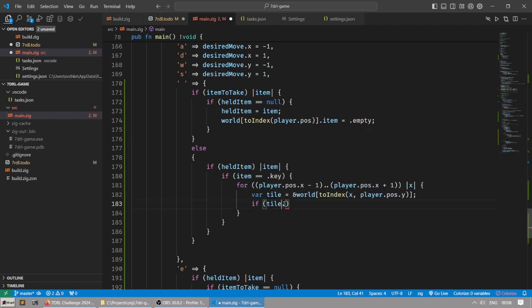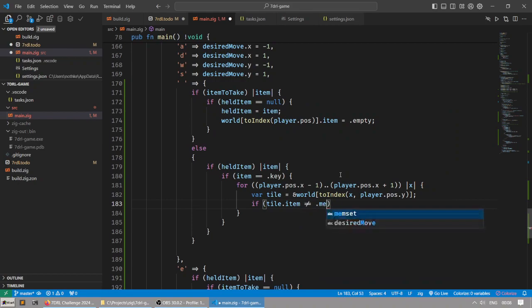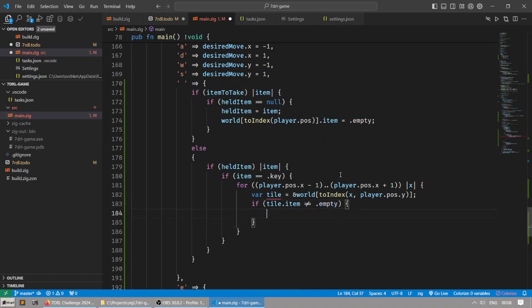So the reference to the tile, a pointer to the tile, is gonna be if tile item is not empty. Then tile item,